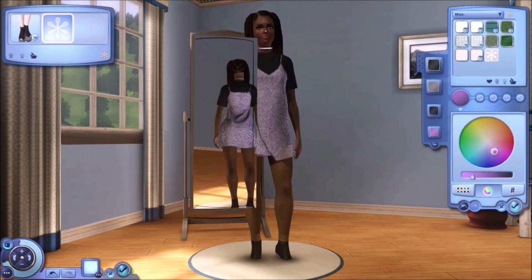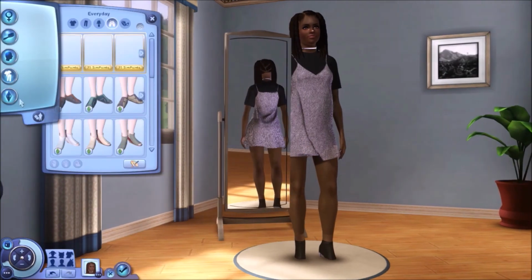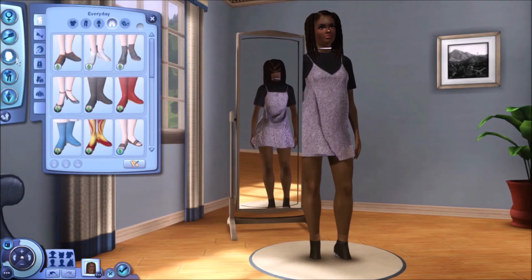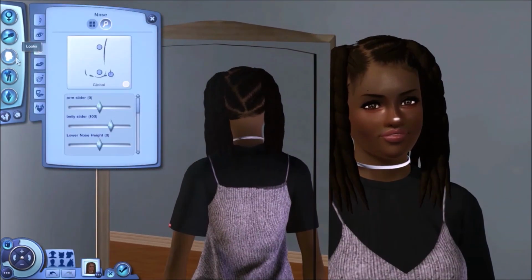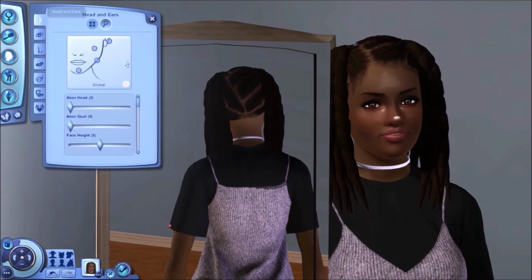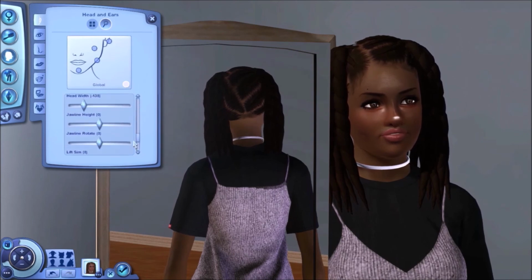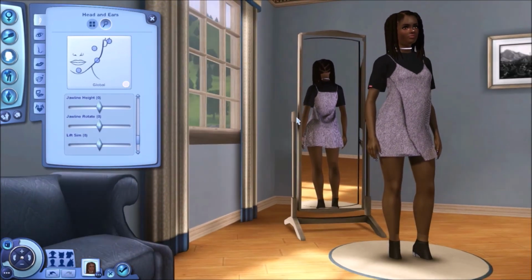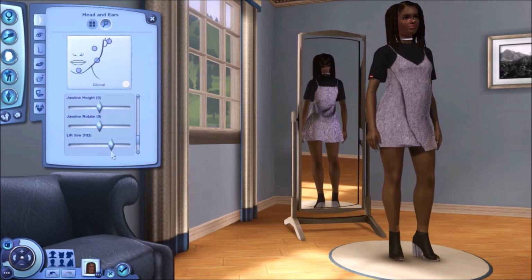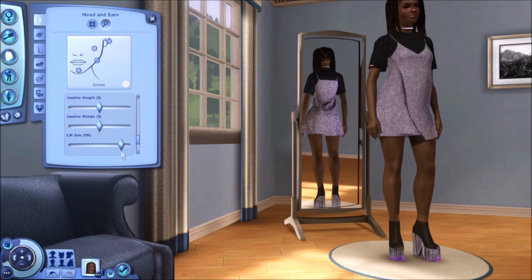Alright, so now that that's done, laggy game. Oh my god. So this is where the whole shoe thing comes into play that you do need. What you're going to do, I think it's in height slider, or in heads and ears. One thing I did find out, I'm going to go to the height slider last. Lift sim. Now it's going to show up in your game outside of Create a Sim, so you don't necessarily need to do it in Create a Sim, but I'm just going to do it for those who want to do it this way. So you're going to lift them up all the way to, oh,